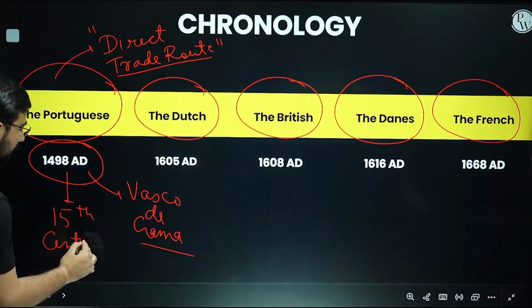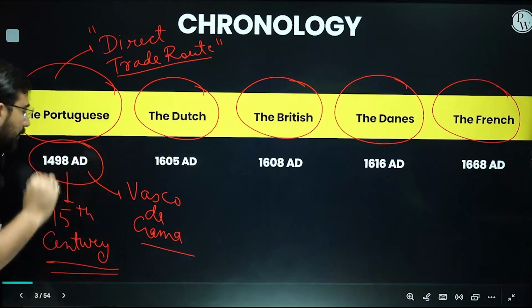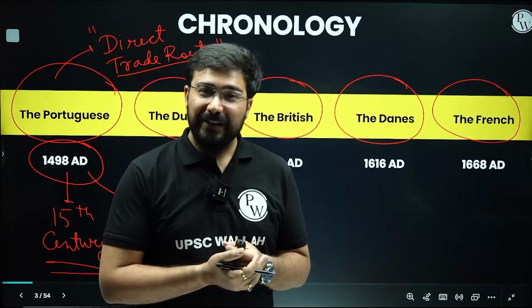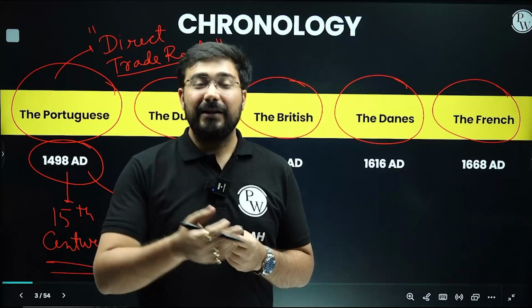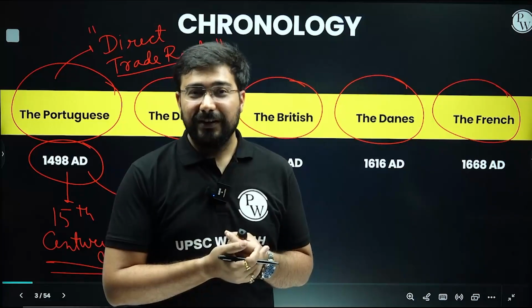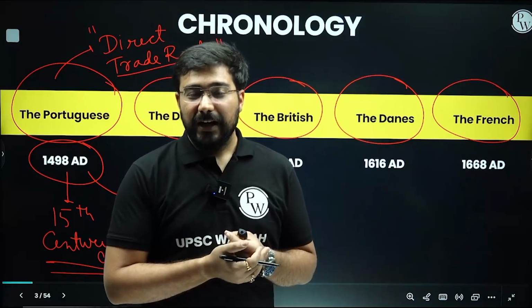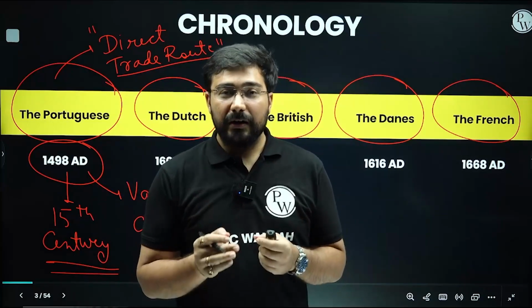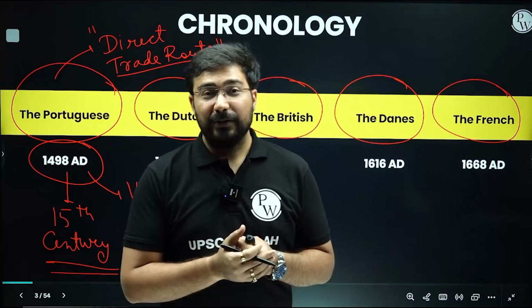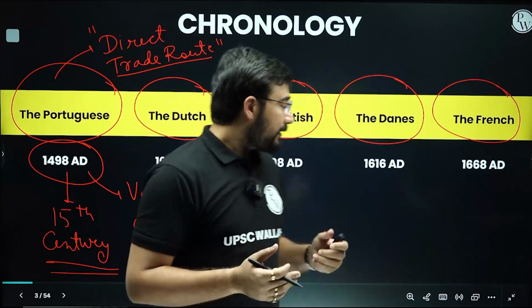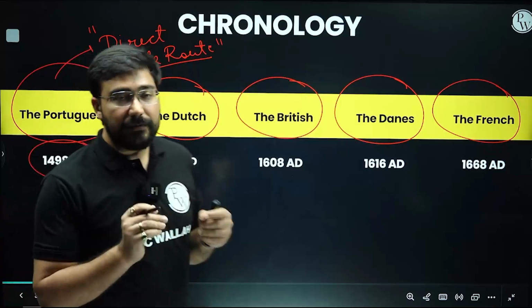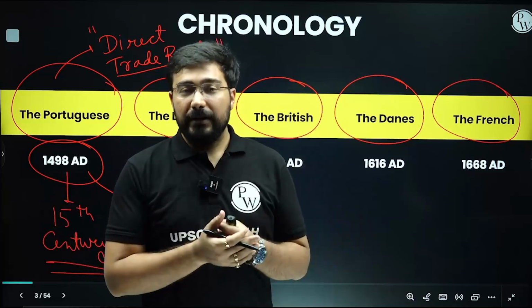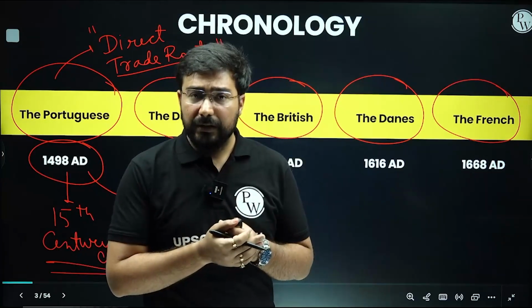And once they arrived, they wanted to have a monopoly over the trade. The trade was very, very profitable. In fact, when Vasco da Gama came to India, in his trip, he got 60 times profit. Try to understand, 60 times profit. And that's why they realized that India is the real deal. Indian products were in great demand in Europe. And that's why the profit was going to be humongous. And this is also going to create a specific thing in India which is known as the commercial revolution, because trade and commerce is going to rise in a very remarkable manner in the coming centuries.